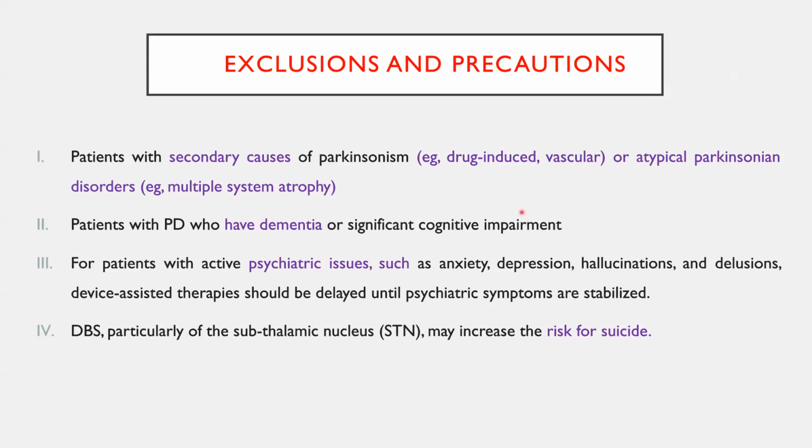Before referring the patient for surgical intervention, you need to rule out other causes. Atypical Parkinsonism patients will not be referred for surgical intervention. And if a patient has secondary Parkinsonism also, there is no role of deep brain stimulation. If a patient is having severe dementia, already stage 5 of the scaling of Parkinson's disease, and severe psychiatric issues or suicidal tendencies, in that setting also, deep brain stimulation will not be beneficial. These are all the exclusion criteria for deep brain stimulation.